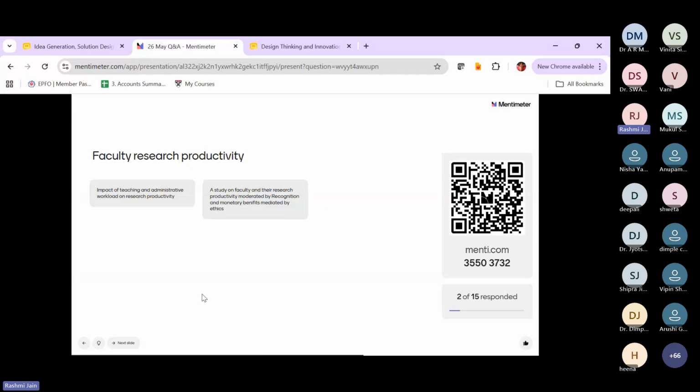A study on faculty. Whosoever has written this statement, if you can unmute yourself and help us understand what you're trying to say. If you're not able to, that's also okay, but it will be great if you can unmute yourself and help us understand. Hi, ma'am. Good afternoon. Yeah, who's this? Ravleen Kaur. Yeah, please go ahead. Yes, so the study is based